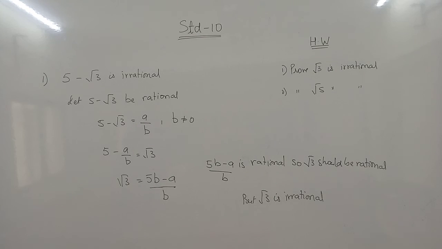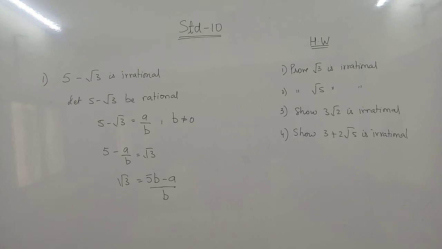So I will also write a little more homework. I will add a little to the homework, some sums from the textbook. So I have added 2 more sums to the homework. Can you see? So you have got 4 sums for homework. Prove root 3 is irrational. That you have to do in the same method in which we did the theorem to prove root 2 is irrational. Also try one more, prove root 5 is irrational.